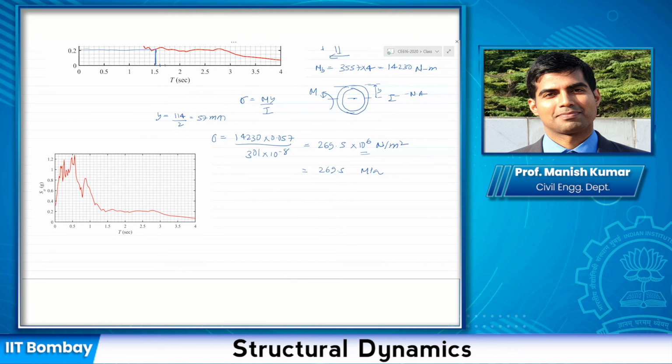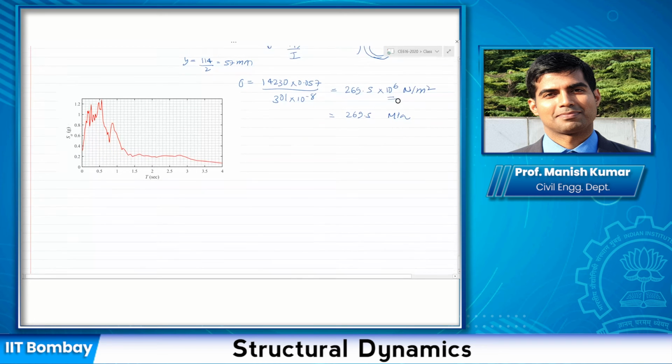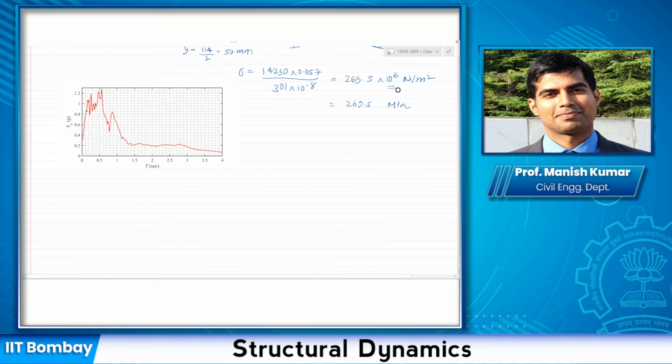All right. Now, what happens, and which is typically the case, this is my first design trial, and I find out that 270 MPa maybe is too much for my section, and I do not feel comfortable. I want a higher safety margin. So I want to reduce the stress in the column. And how do I reduce the stress? One way to do that is to increase the section sizes, right? So if you have a column, and if it's a circular column, I can perhaps increase the column diameter.